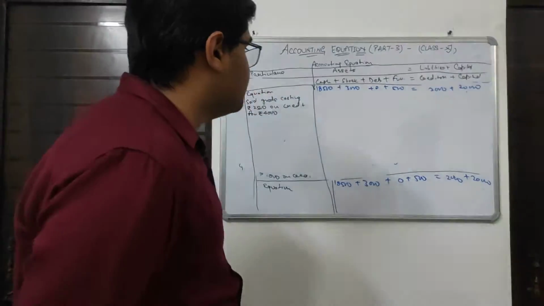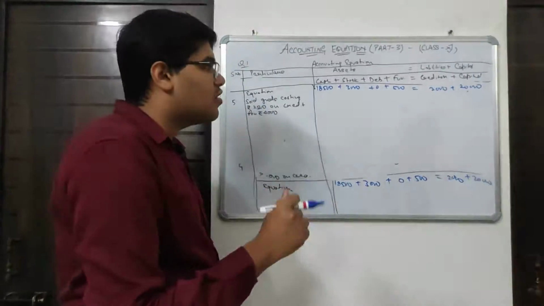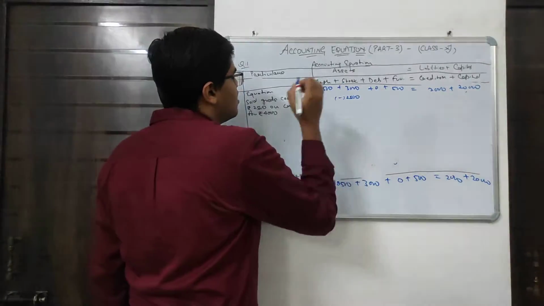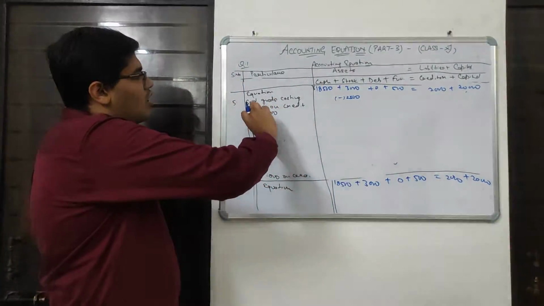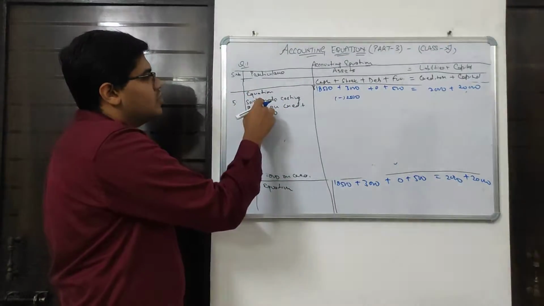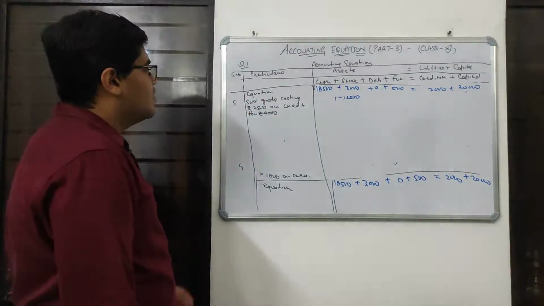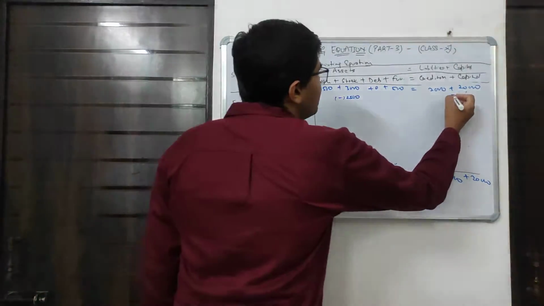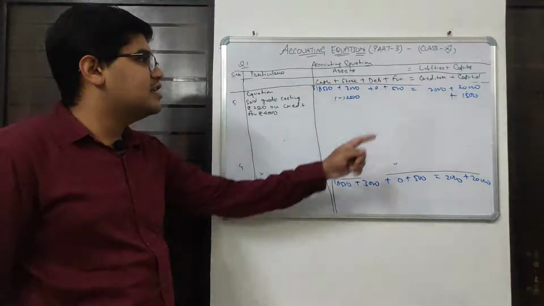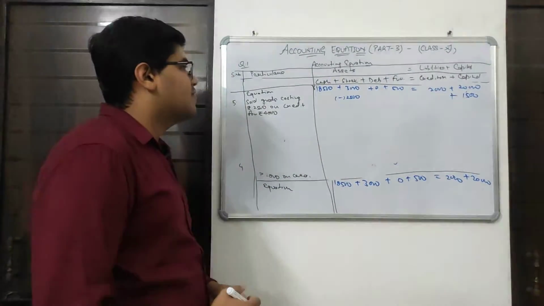First of all, we are selling the goods costing rupees 2,500. The stock is going out of the business, so 2,500 will be deducted from the stock. Now we have the cost price of the goods at 2,500 and we are selling it at 4,000. How much is the profit? The profit is 1,500, which will be added to the capital. Whatever profit and whatever loss should be dealt with the capital. Profit should be added and loss should be deducted. You should know this very carefully.